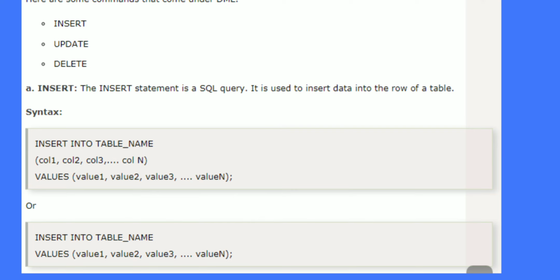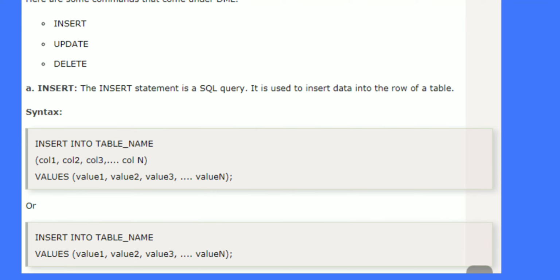Insert into table name, which table we have to insert the values into. That is insert into table name, bracket. In the table, whatever fields we already created, you have to enter those within the brackets.